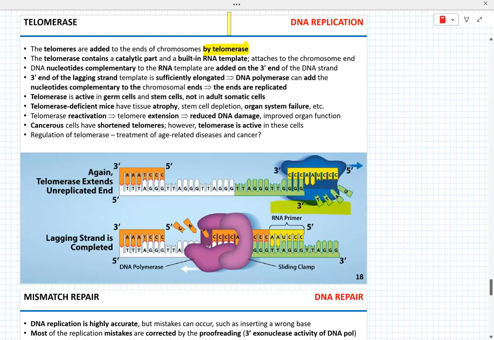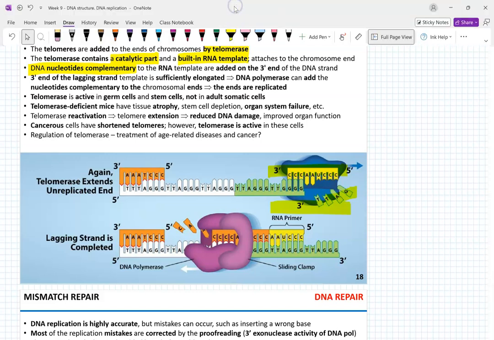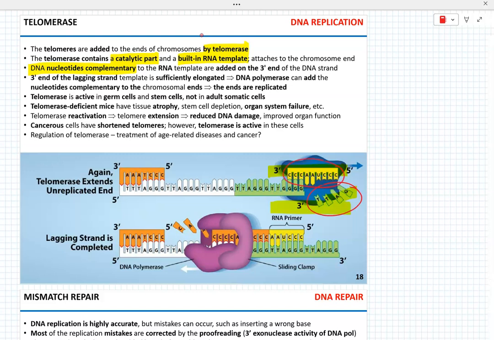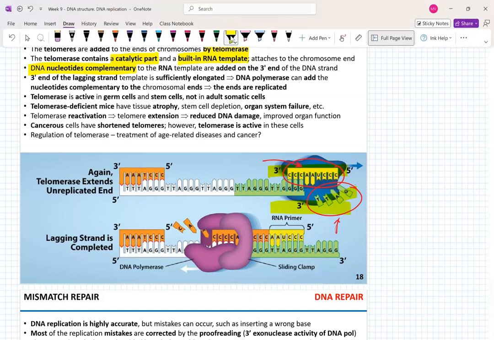So telomerase, shown here in blue, contains two parts, a catalytic part and the RNA template. It attaches to the end of the chromosome, and DNA nucleotides that are complementary to the RNA template within the inside of the telomerase, so this is the inserted DNA nucleotides, this is the RNA template, are added at the 3' end of one of the DNA strands, which means when the 3' end of that lagging strand is elongated sufficiently,